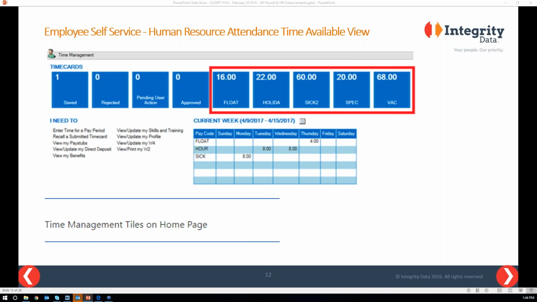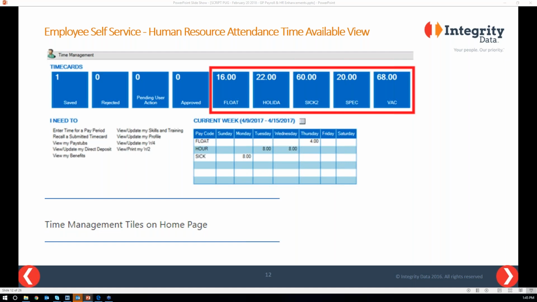which is great since in versions previous to 2016, vacation and sick balances were only available for you to view if you were using the payroll to accrue versus HR to accrue. So what you need to do is set accrue with human resources rather than payroll, and that's in the setup for